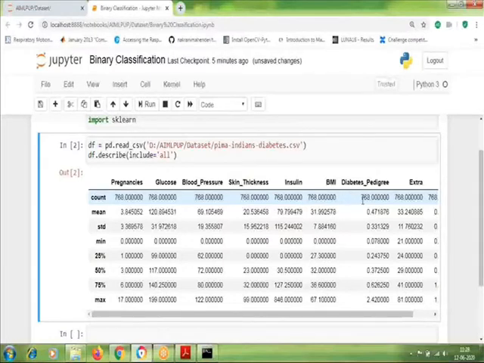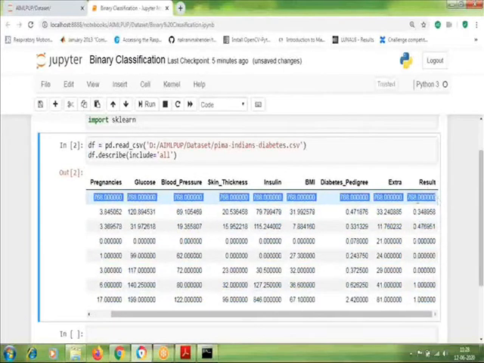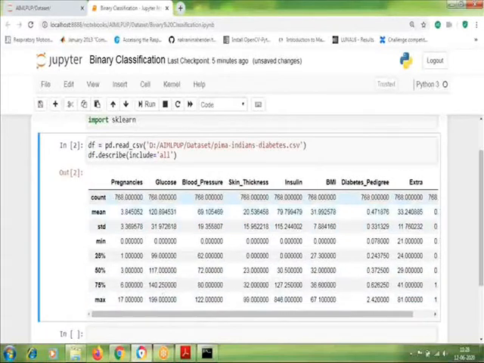So it also means that there is no missing value, and count is very important for that purpose: by count you can see whether there are any missing values or not. If there are any missing values in the data set, then you need to go ahead and make the correction, either by deleting the rows which have missing values or by assuming a new value for that missing value. So both ways can be done.